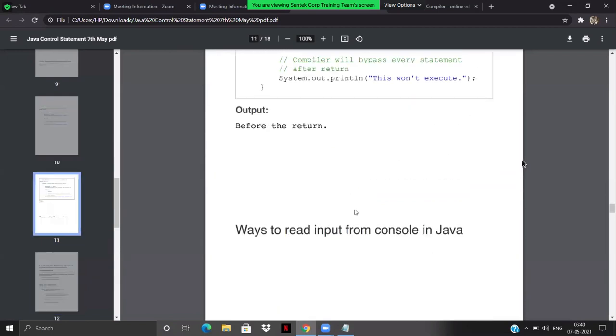Okay. Now can you guys tell me what are the ways of reading an input in Java? Or any of the methods you are aware of? Scanner, okay, good, correct. But do we have any other method apart from Scanner?